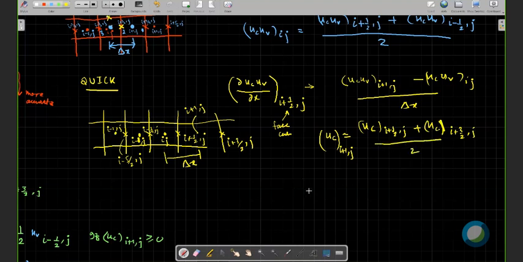If this value is greater than 0, then UV at I plus 1j will be like this. This is a quadratic type of relationship. It is 6 by 8 times UV of I plus half comma j,